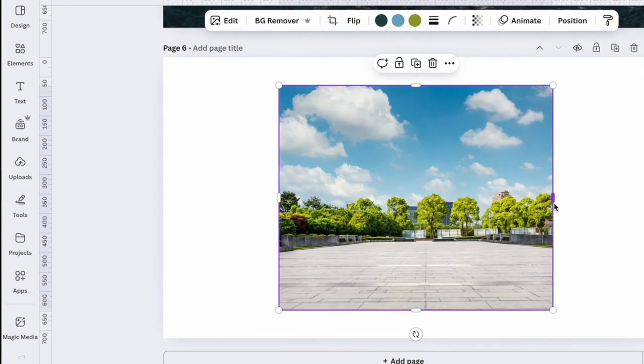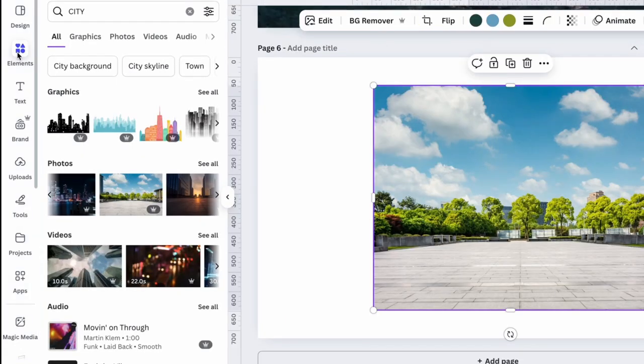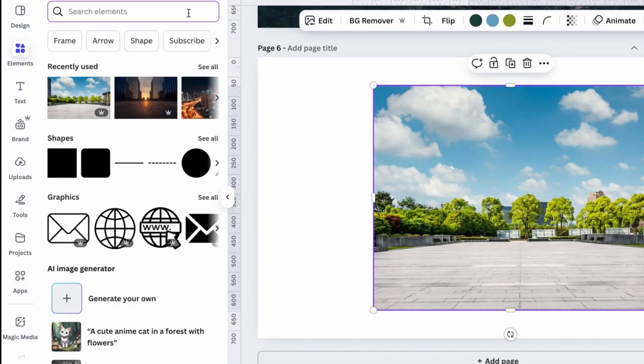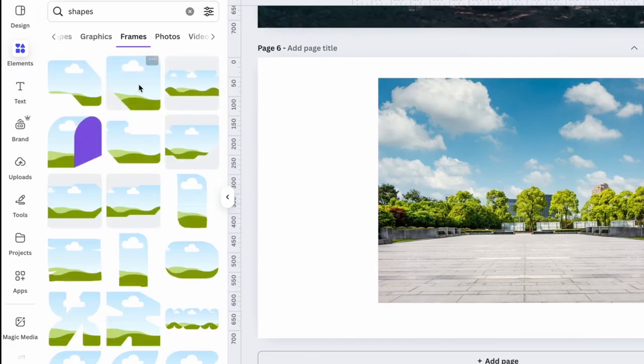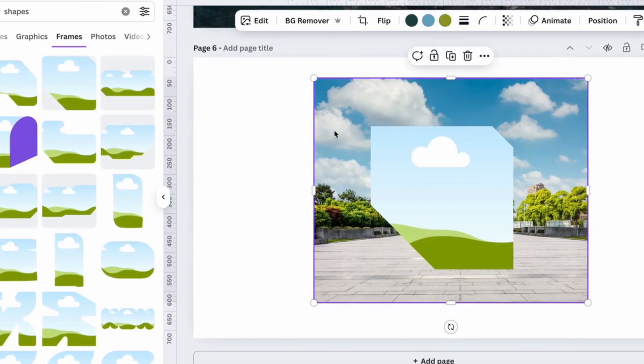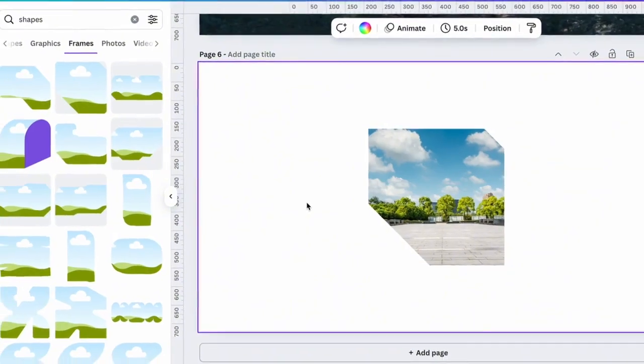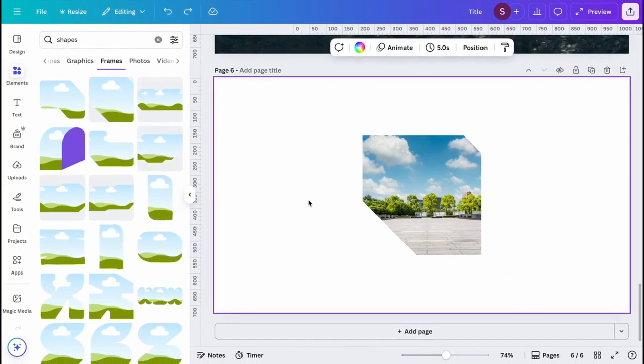You can also do shape cropping. So this is where you head over to the left panel and select elements. And here you can type in shapes, then select frames, and now you can choose to put your image inside of the frame. If you no longer want the image inside of this frame, you can undo, or the sensible